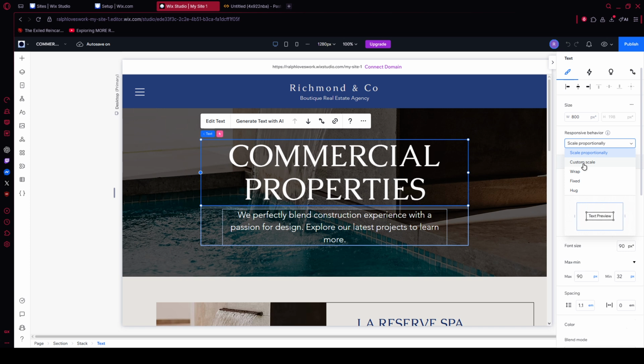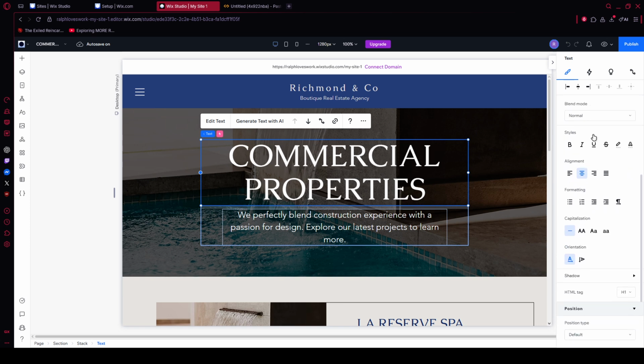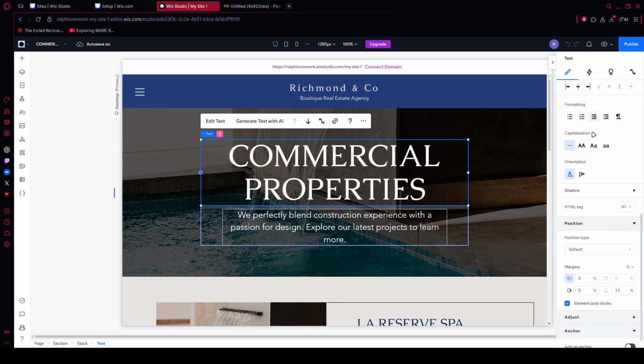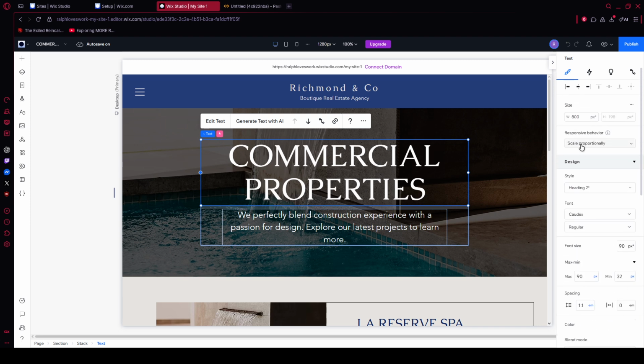Finally, images and containers. Stretch makes an element fill its parent completely. It's quick for full bleed designs and can be toggled with the stretch icon, but be mindful of focal areas to avoid unwanted cropping. Relative width lets the width respond to the browser while the height stays fixed, preserving a